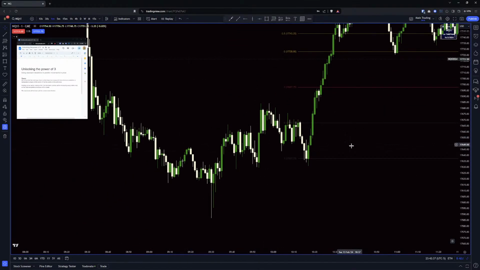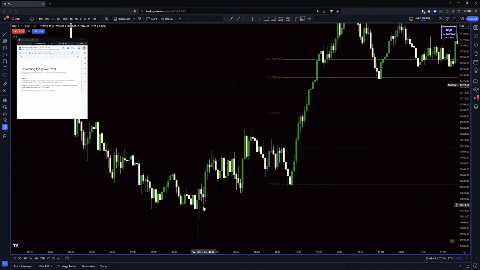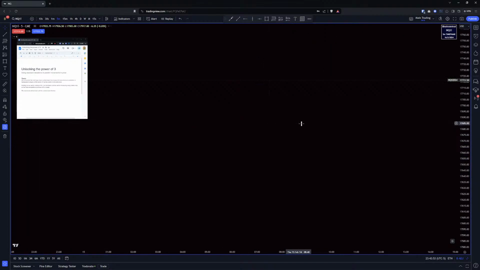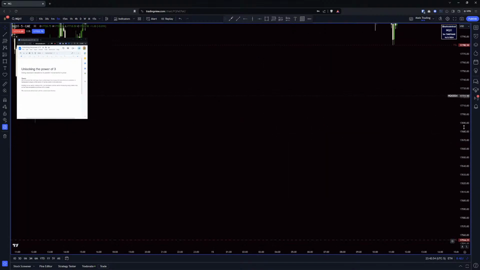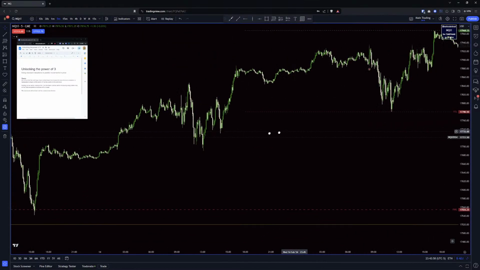So when the price is moving a little more quickly, a little more volatile, maybe you have to do a couple of measured moves to get the full thing. You might even be able to drop to a 5 minute on here and look at that. The main thing that I'm trying to focus on